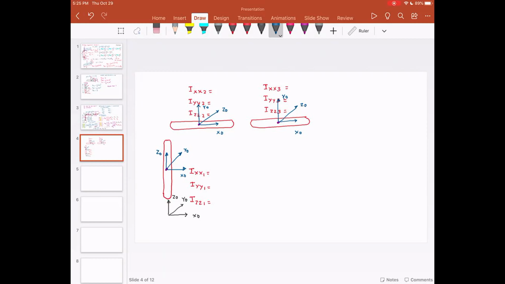Why did Z and Y? Oh, yeah, I made a mistake here. This should be X naught, Y naught, Z naught, X naught, Y naught, and Z naught. Okay,